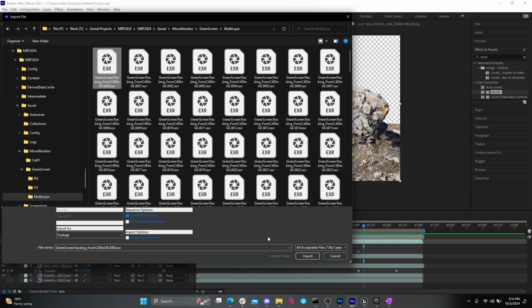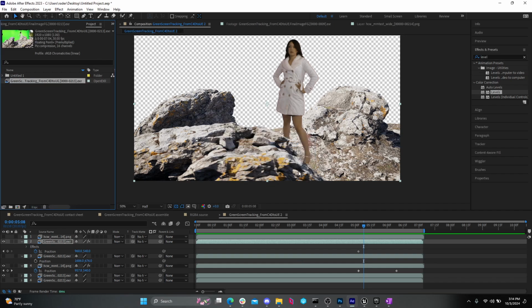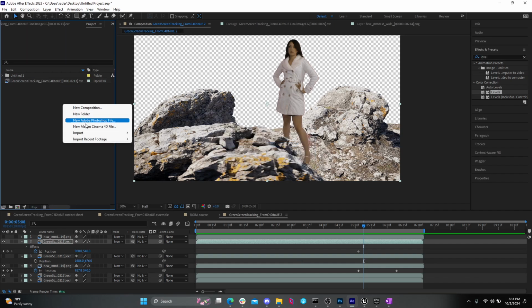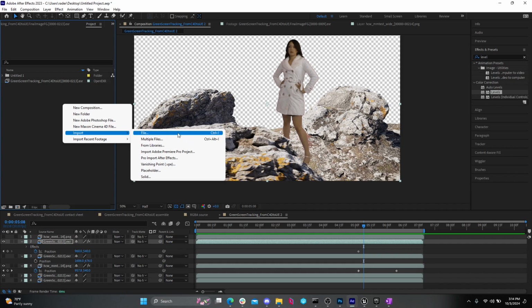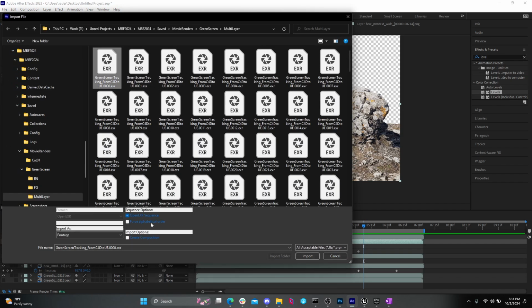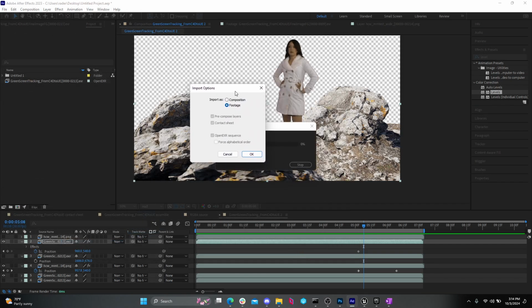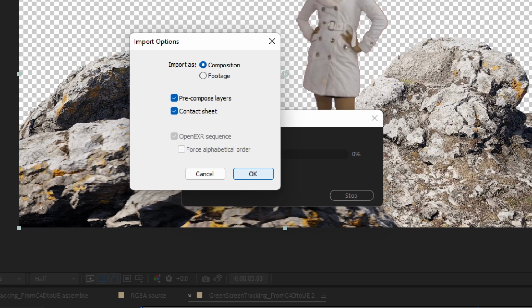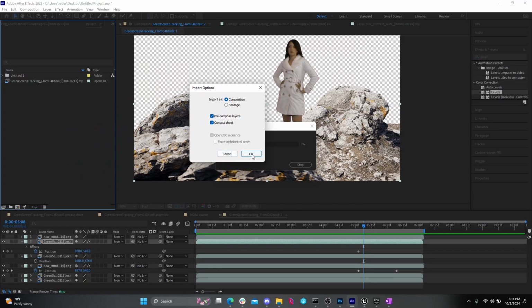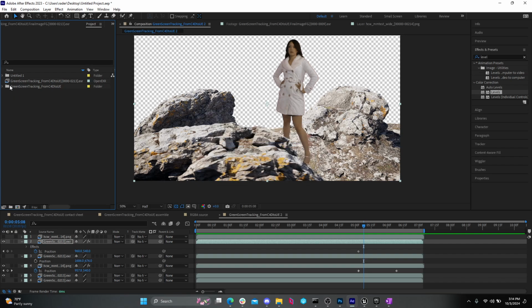Multi-layer EXR import, oops. Import to create composition. So I'm just going to have this create compositions on import here to show you something. Click OK. And if I look at this,